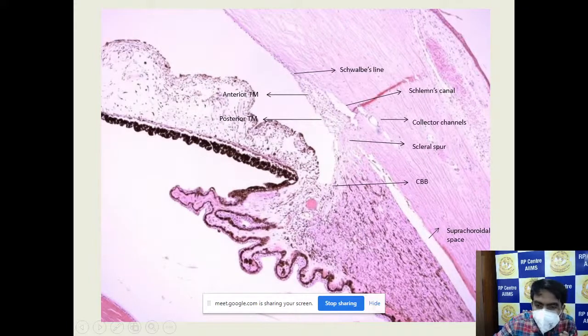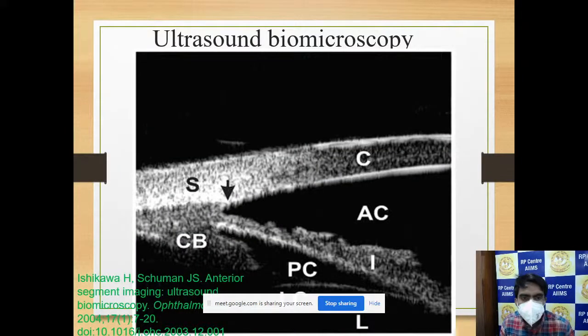And this is the space which is showing the scleral spur. This is of some clinical significance. I will talk about it in later, upcoming slides. And this is the ciliary body band, where we can say it is a completely open angle when we see the ciliary body band. Then coming to this image of ultrasound biomicroscopy showing open angles, where we can find the sclera posteriorly,